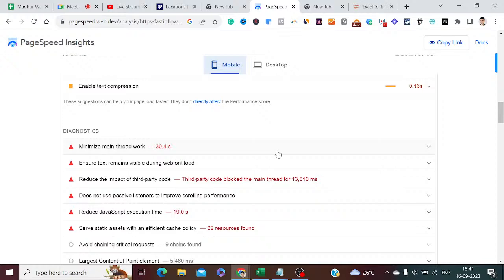then ensure your text remains visible during web font load, right? Then it will also tell you that you have to reduce the impact of third-party code, and you can reduce the JavaScript execution time, or serve static assets with an efficient cache policy, right? Also, it will tell you, for example, to avoid chaining critical requests, or that you should use passive listeners to improve your scrolling performance, right? Okay, so these are a few diagnostics and suggestions given by Google over here,